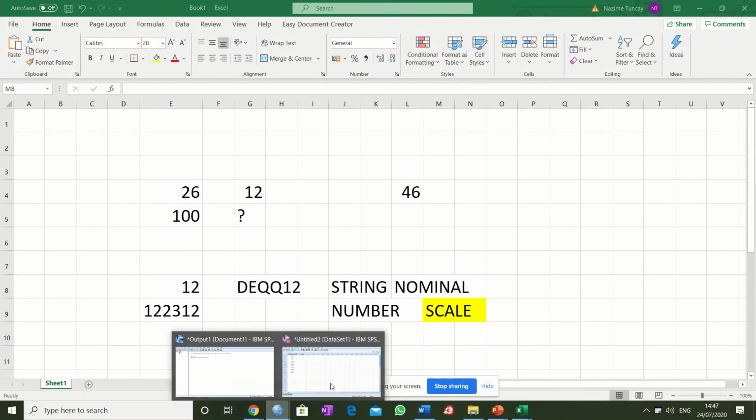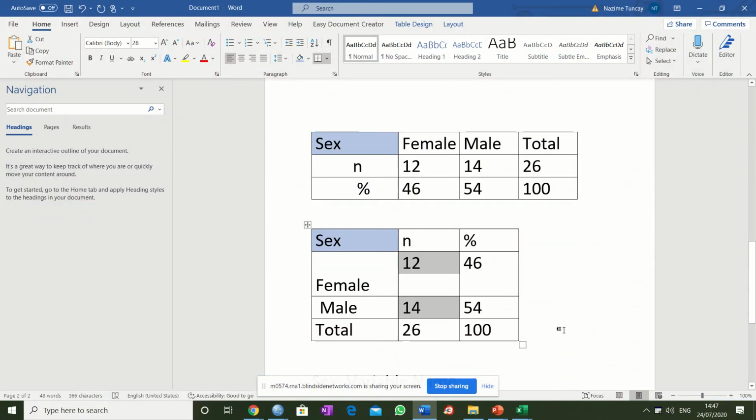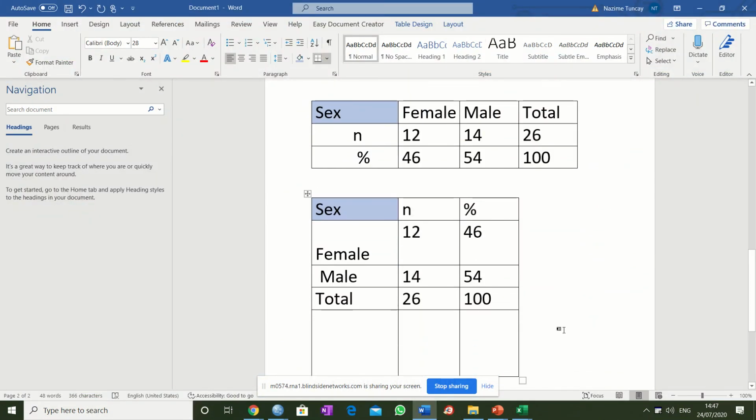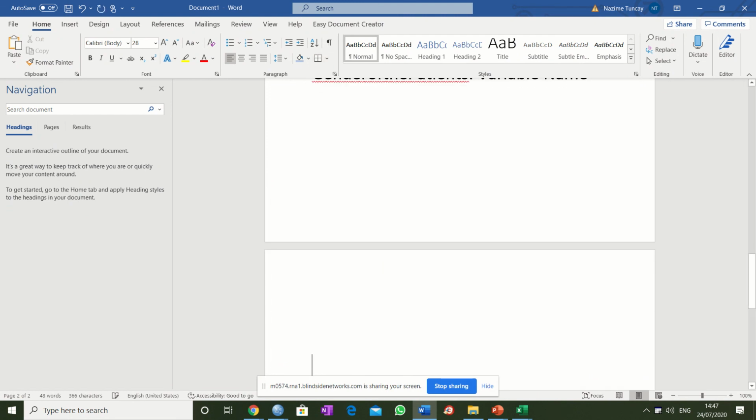I turn to my SPSS here. Yes, in the variable view, I define this nominal. Okay, why is this nominal? Because the order is not important. Let me write in this word here. Also not. Okay, so here, if I grouped